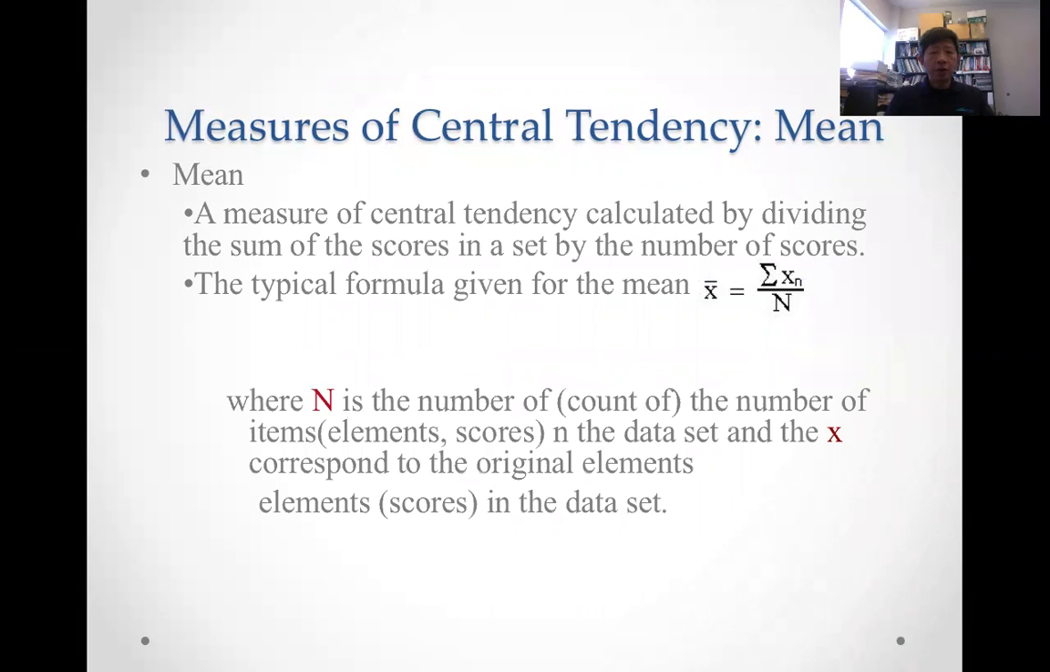Measures of central tendency: the mean. A measure of central tendency calculated by dividing the sum of the scores in a set by the number of scores. So typically the formula for the mean is x bar equals sigma x_n divided by n, okay? The keyword for this is sum: the sum of the total, and then divided by how many numbers there are, right? So, for example,